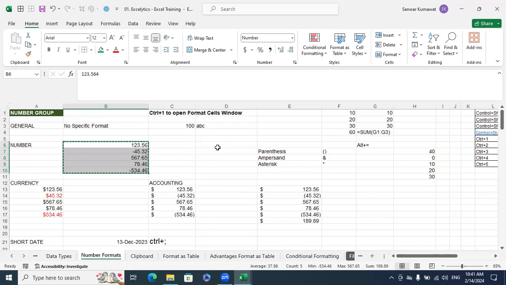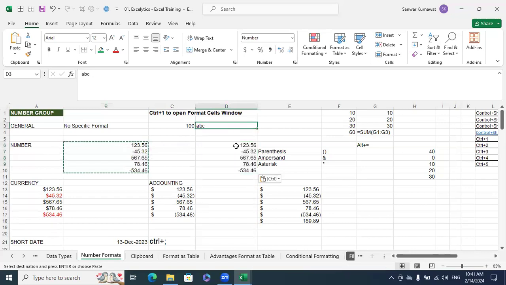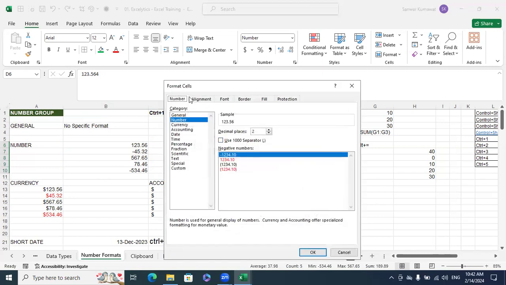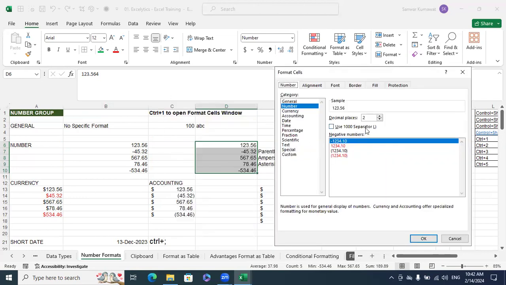Let me copy these numbers and paste it here. If I'm choosing this number, pasting here, Control 1, the shortcut key for format cells. Number format, decimal places, I do not want. It should be 0. Can you see the sample here? If I increase to 1, if I increase to 2, if I decrease to 0,